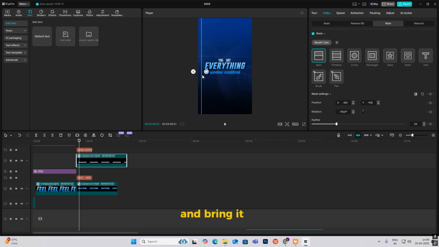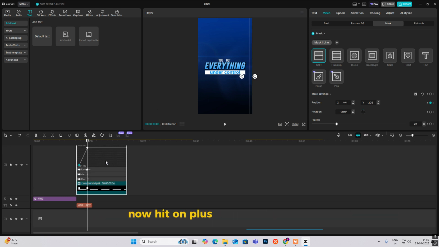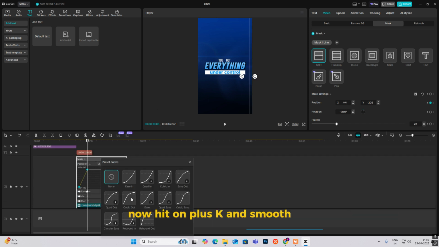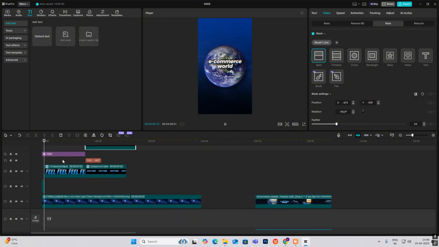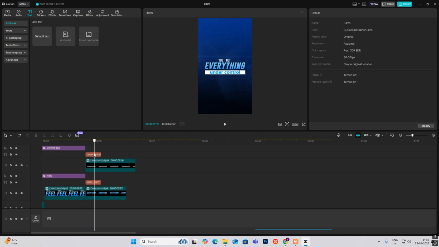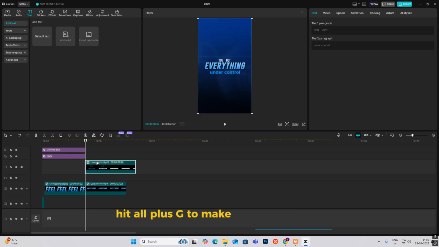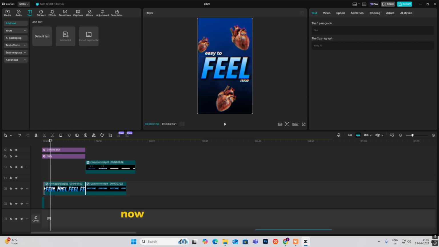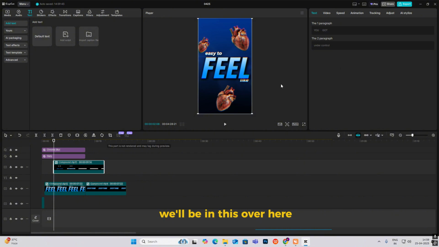And bring it here, hit on mask keyframe, go ahead and bring it to the right. Now hit Alt plus K and smoothen it out. Okay, so I'll just select everything, hit Alt plus G to make it a compound clip. Now as this animation starts from here, we'll bring this over here, hit